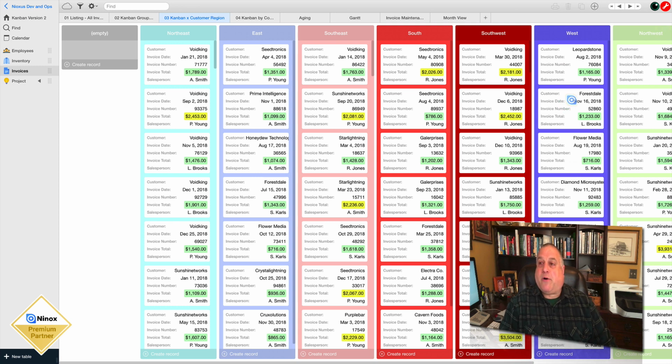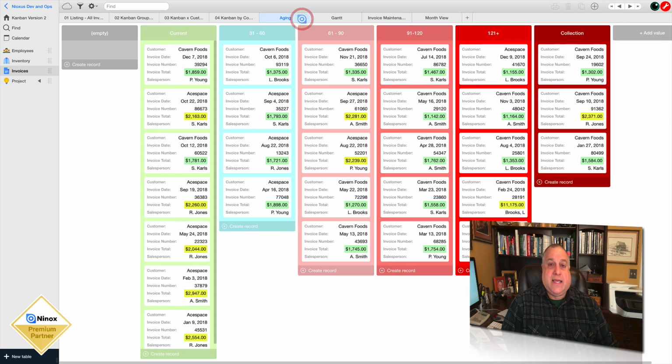The other thing that I want to point out is the way we can move records across lanes in the Kanban in order to update the data. Let me show you what I mean. One of the most powerful ways to apply the Kanban is in an aging situation. Here is a common aging for our